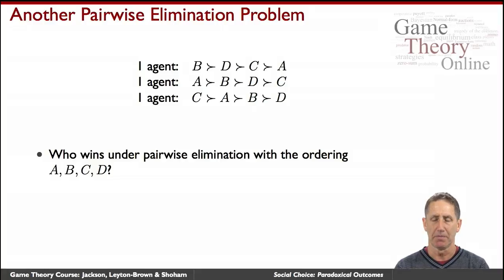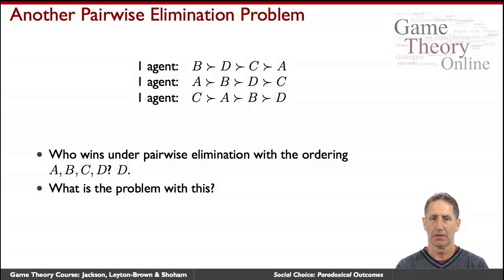And here is another example. There are 3 agents and 4 candidates, and the preferences are as written up there. Now, consider again pairwise elimination with the ABCD ordering. And what would you get? Again, pause the video for a second, think about it, and realize that the winner would be D. What about this case? We're now not talking about different orderings. We're talking about a given ordering and an outcome, but there's something a little troubling about this outcome. What is it? Pause the video, think about it,